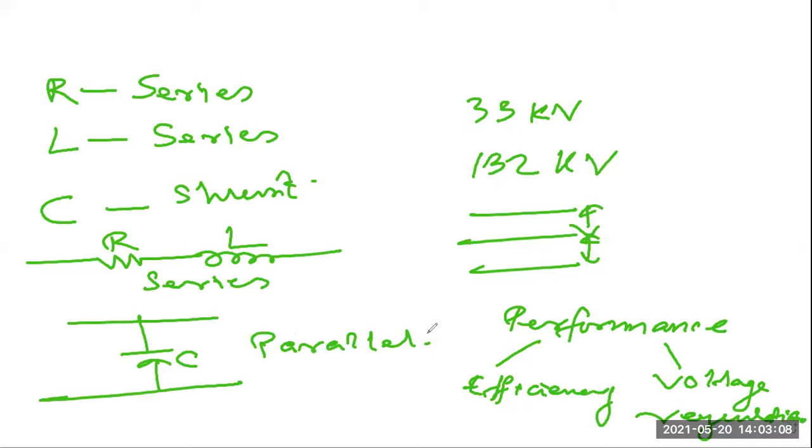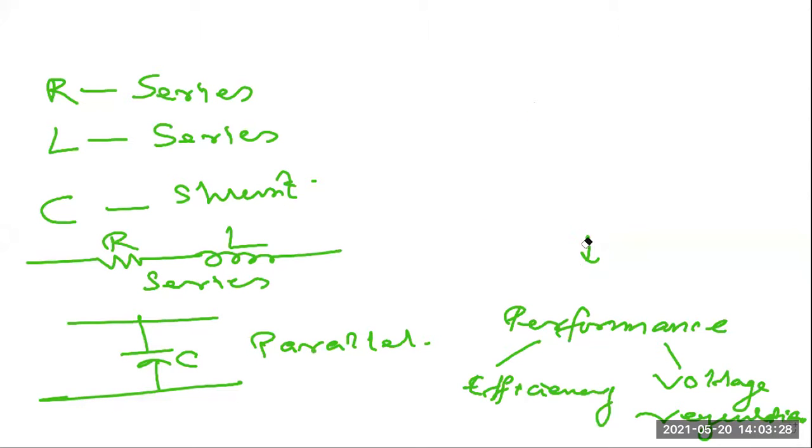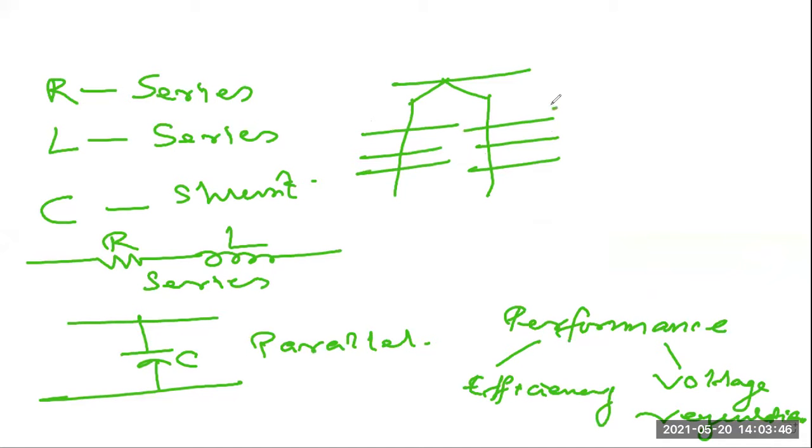Yeah, very good question. See, transmission lines, I will need this board again. Let us say a transmission tower is there. This is, let us say, R, and you have three conductors. For example, this is R, this is Y, and this is B.